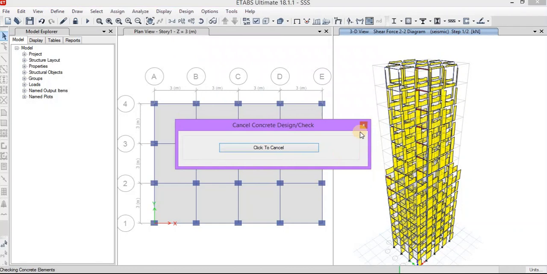complete its design check. So wait for some time. Let ETABS do its work. You can see it is taking its time.